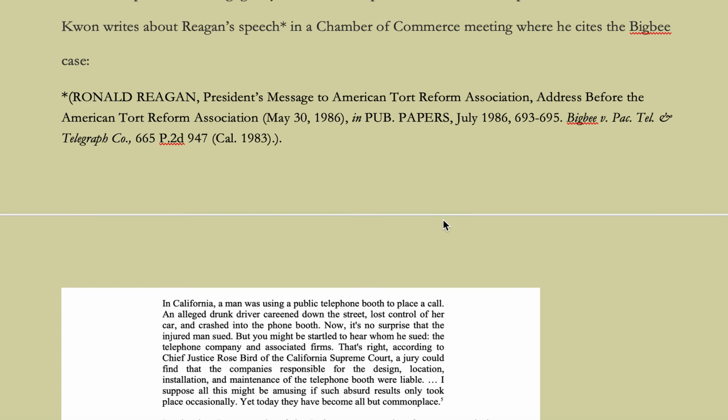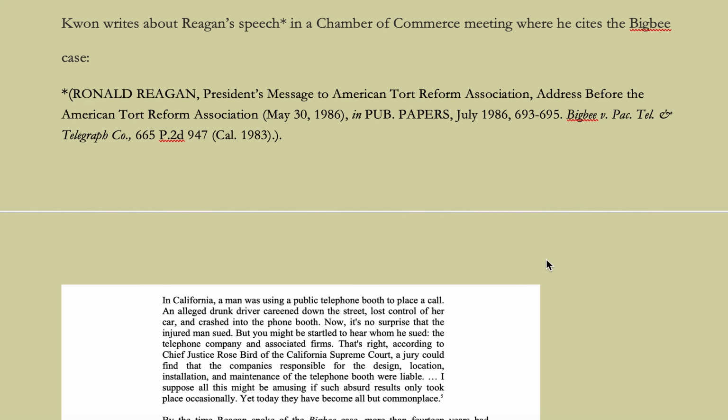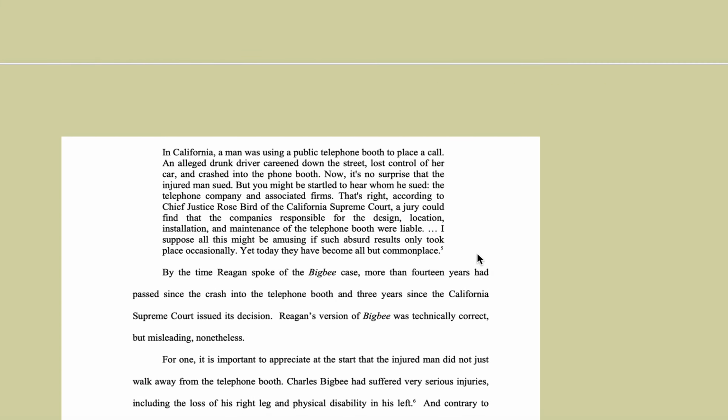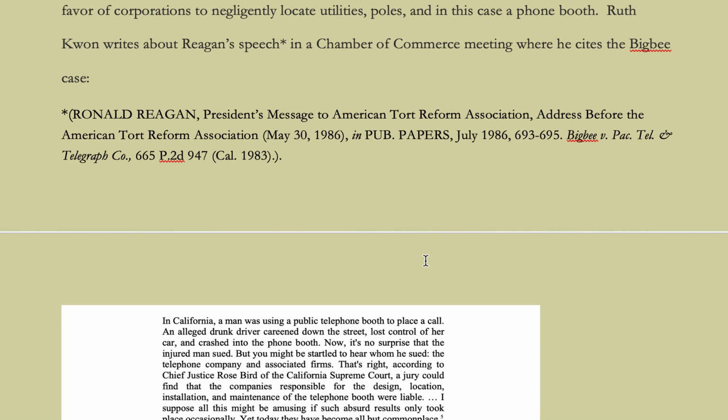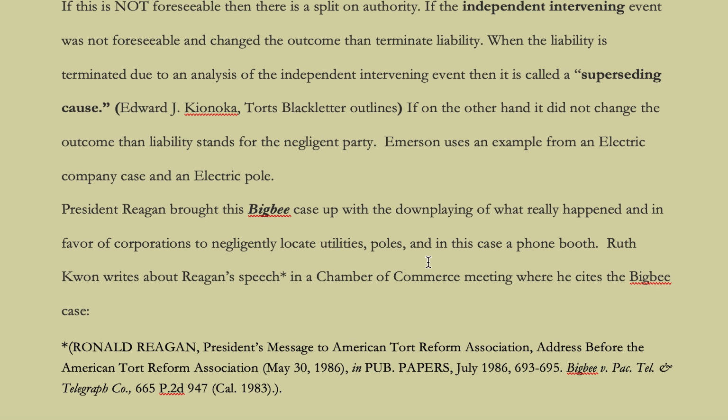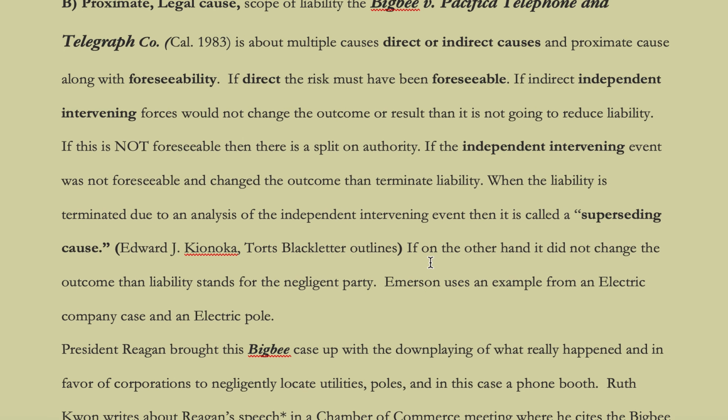Now, Reagan kept having iterations of this case in a lot of his speeches, and it was the same as the hot coffee McDonald's case, where they used it to say that people are being litigious and that they really didn't hurt themselves and so on. But anyway, the Bigbee case was this telephone